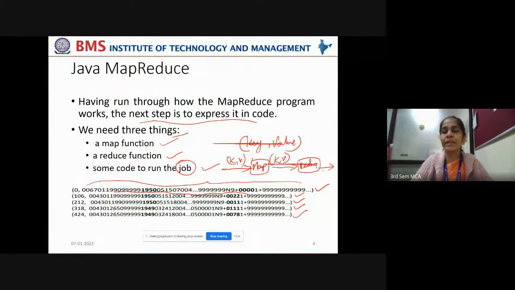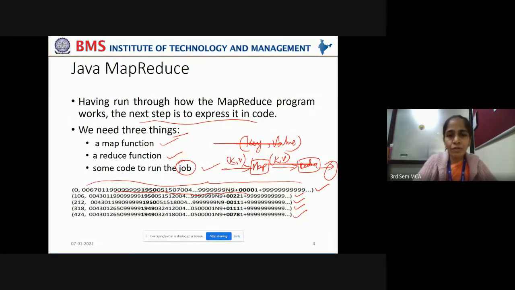The reduce phase then gives the comprehensive, consolidated result, which is gathered from all the data nodes that performed some execution on these input splits. So this final result will be the consolidated result.